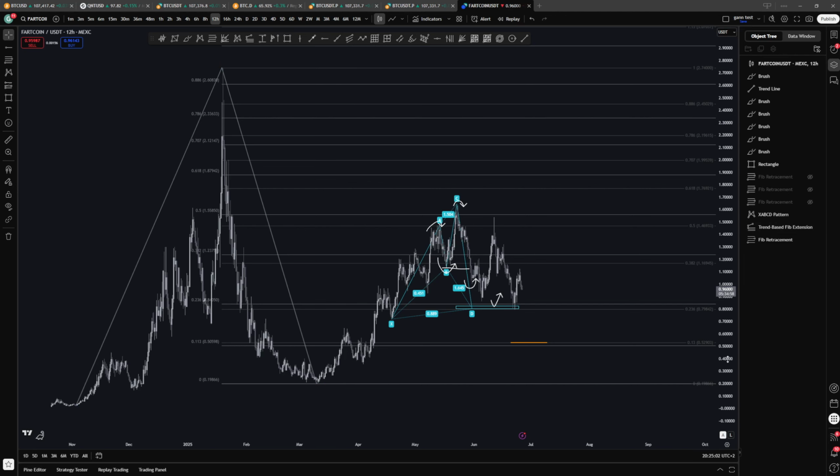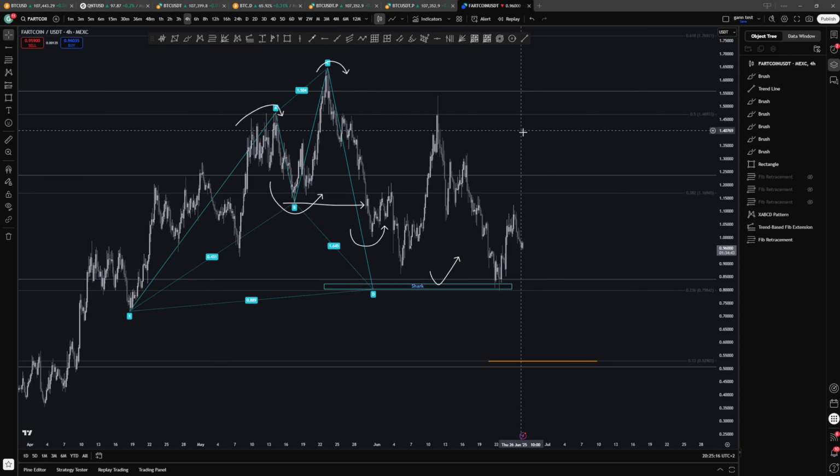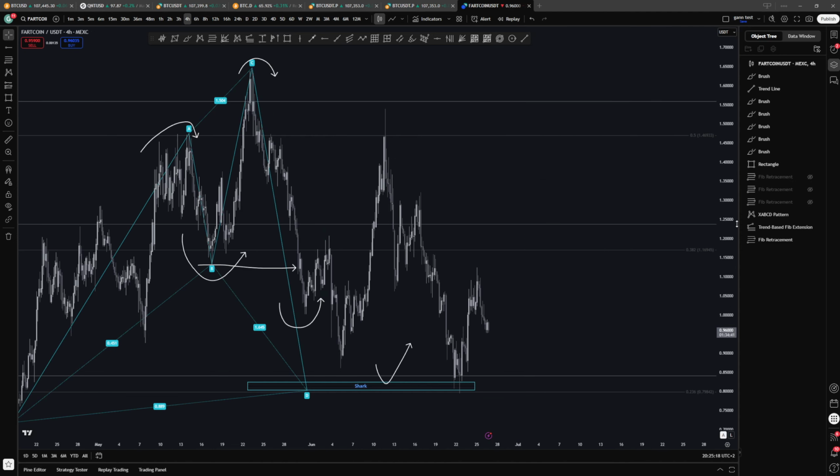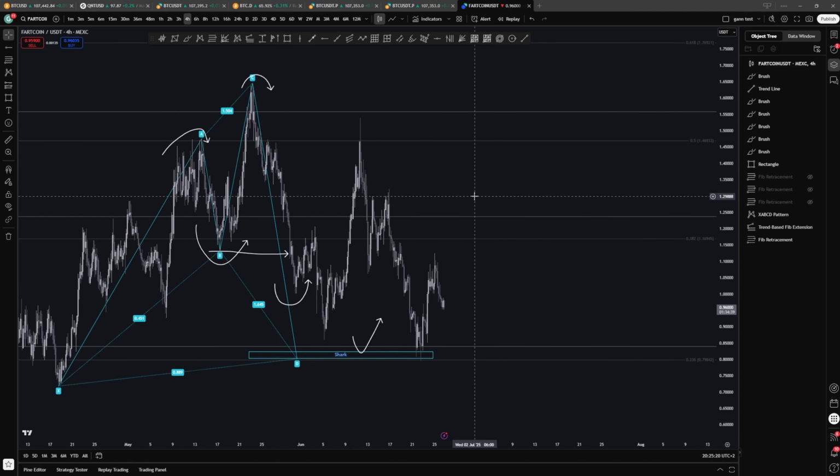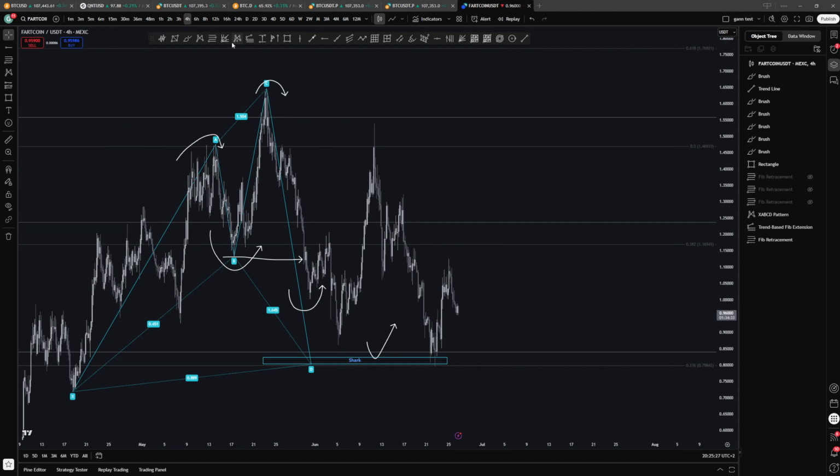So these lines that you see are a trend-based fib from the lowest point over here to the highest point to the lowest point over here, and a regular fib from all-time high to this low right over here. We're using those as kind of a high time frame reference point, where on areas where both of these are, those are areas that clearly have high time frame importance. And that is also why you see